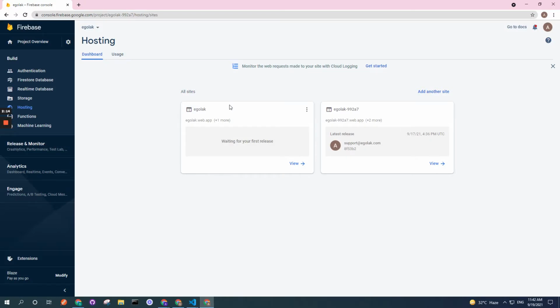Here is a dashboard where you can see the hosting available, where there are multiple sites you can host. Firebase hosting provides multi-site hosting where you can host your dev site, your staging site, your production site, and then you can do all those transfers from one development environment to staging to production environment.